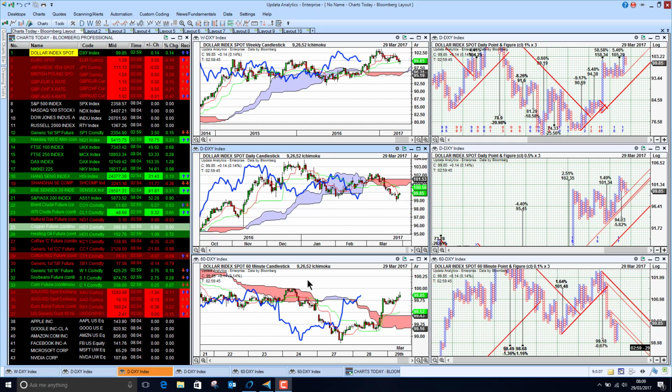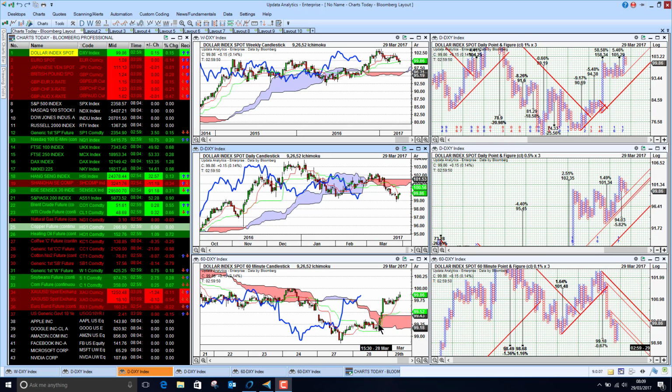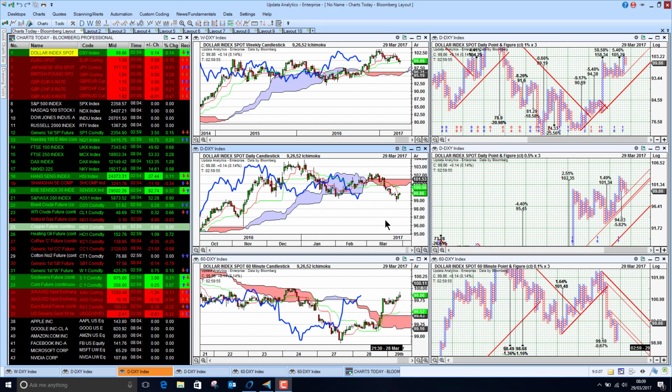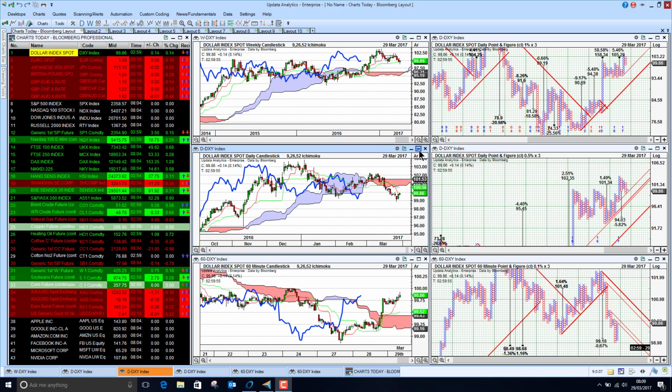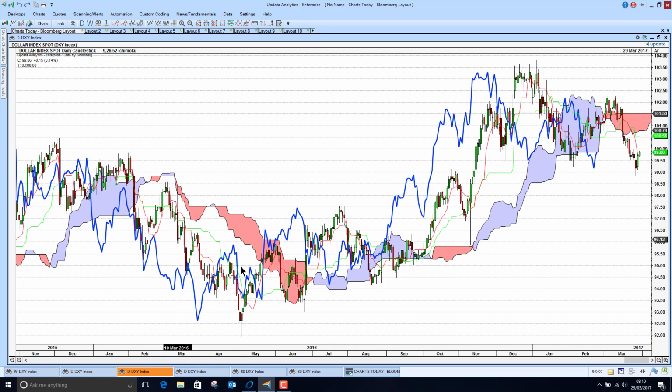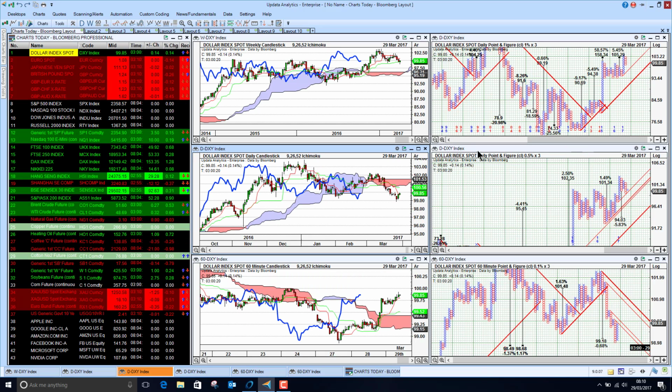We start by looking at the dollar, and the dollar made a really big rise yesterday, just leapt above the cloud. So we're now back into bullish territory on the short-term chart. The interesting thing is, will we now have the strength to recover and stay bullish on the medium-term chart? Last year we spent quite a few months below the cloud, and at the moment the key thing is, will prices rise to find support, and will we go through a similar phase as we did at the beginning of last year? This actually occurred at the start of the year, so we're a bit later than that. The key thing is, do we have the strength just to keep rising and get back above the cloud? Chances are it will be quite a struggle.